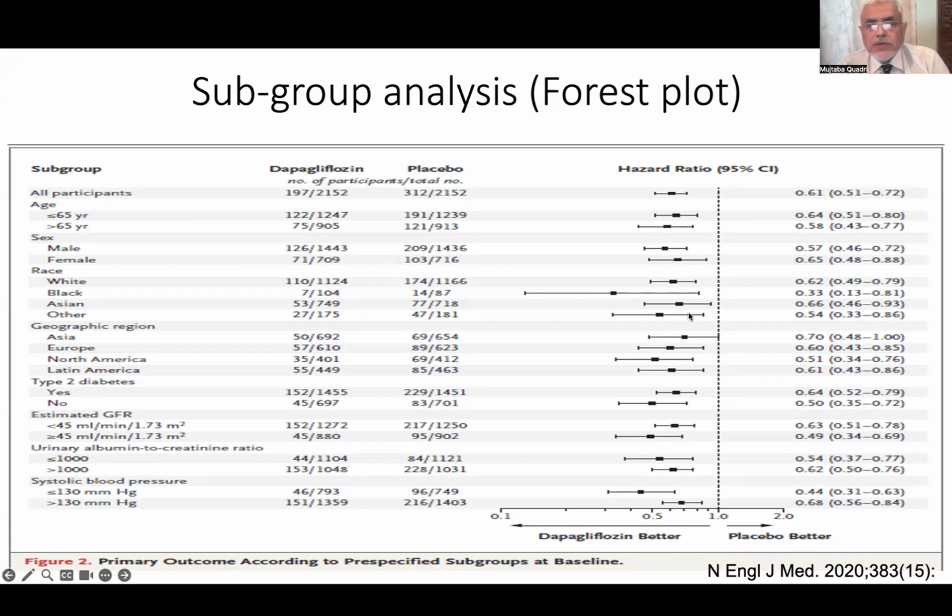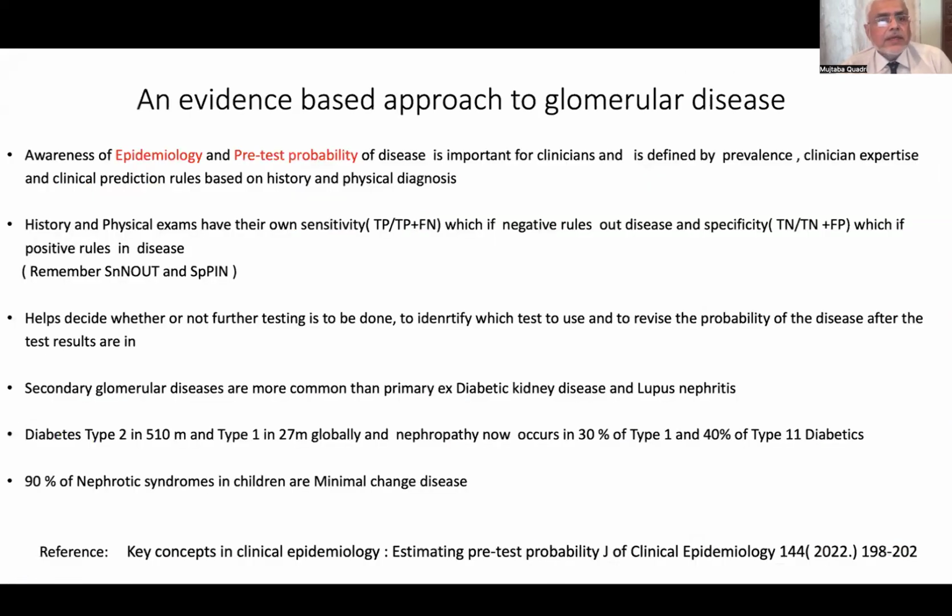And the same thing you can see, there's not very good results with very wide confidence intervals in the Asian population, in the Asian race elsewhere as well. So we do not yet know whether DAPA from a renal point of view is beneficial in Asians based on the way we looked at this study. So normally I would suggest an evidence-based approach.